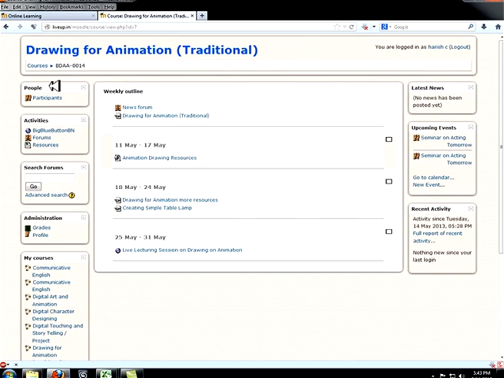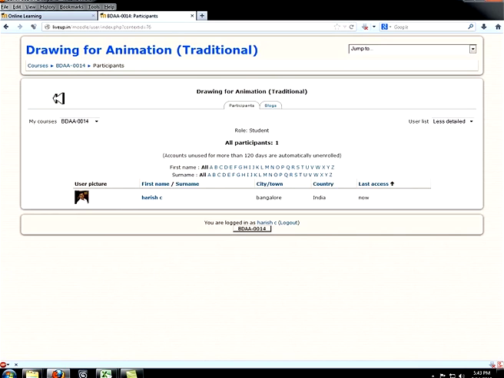On the left-hand side you'll find various things, like you can find out the participants, and if they are logged in, you can view their profile, and even chat with them.